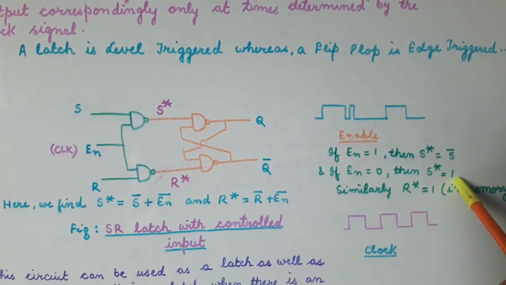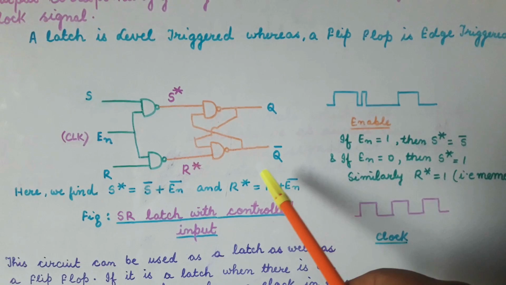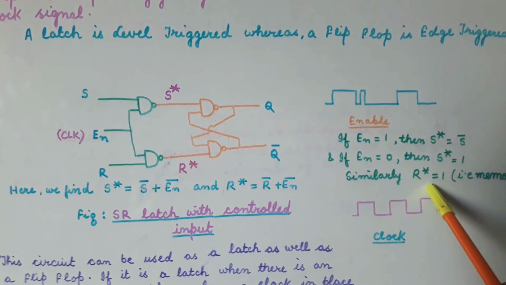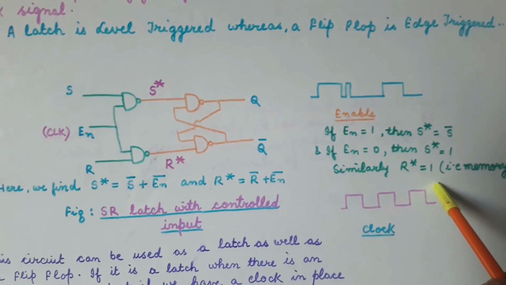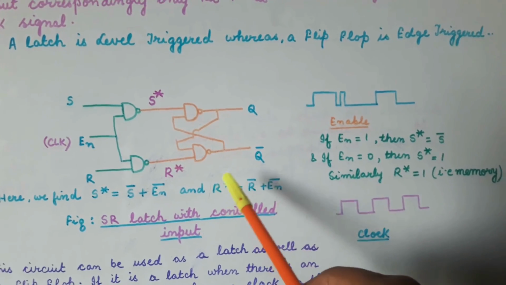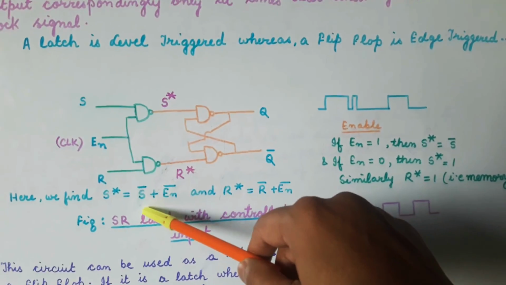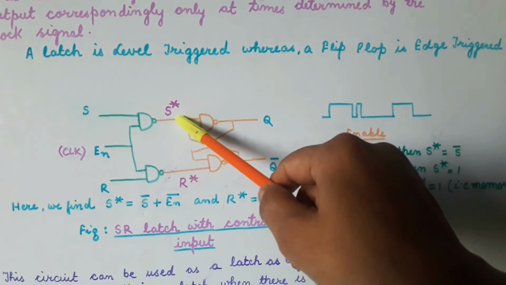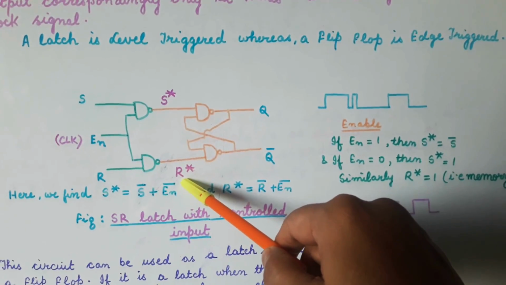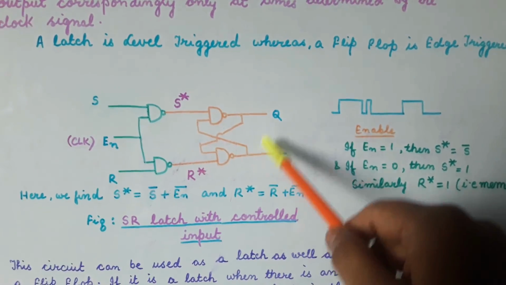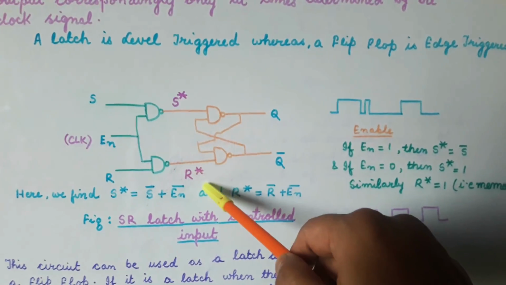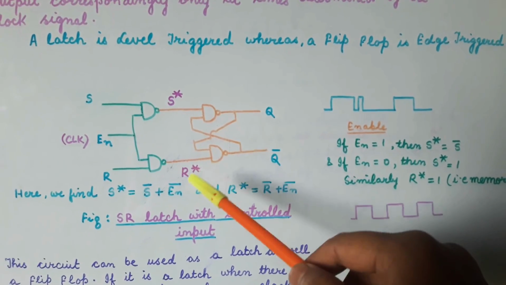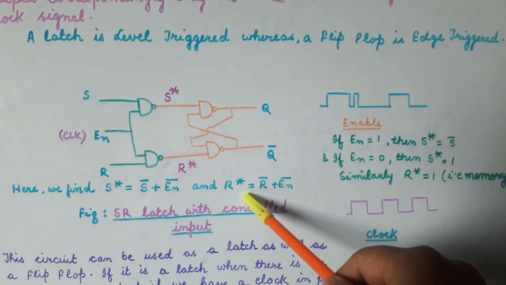So we find that when the value of enable is equal to 0, that is, enable is low, then the value of S star is coming to be 1 and the value of R star is also coming to be 1. Now because enable is given as input to both of these NAND gates, and this is an SR latch with NAND gates, when the value of S star is 1 and the value of R star is 1, then we will get the output as memory. So whatever value or state is stored in this latch